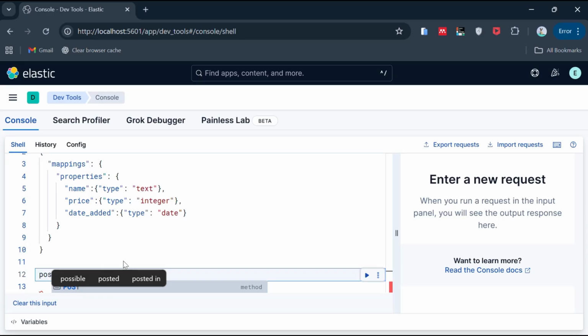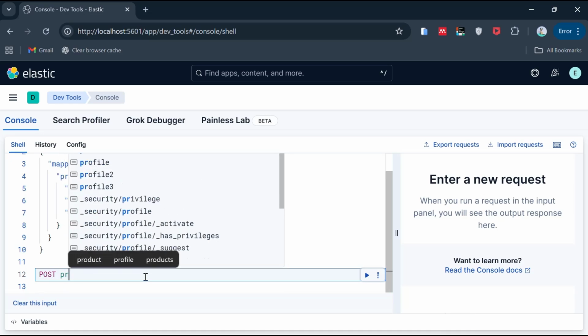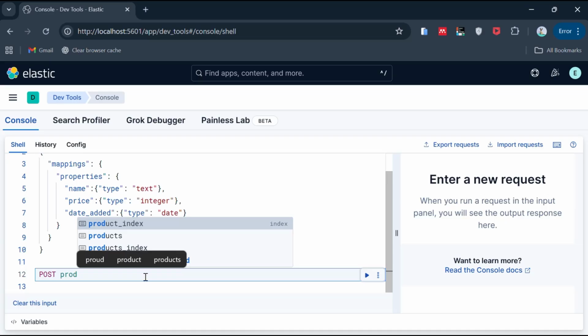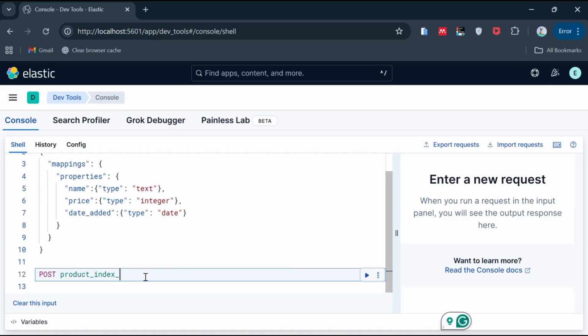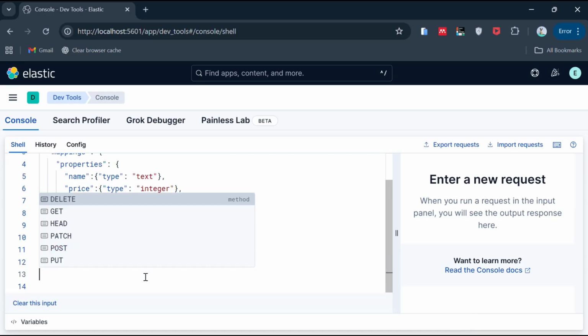You can use post for creating the Elasticsearch document, to add data to it. So we call our index product underscore 2, right? Okay, and we say / and here we can now